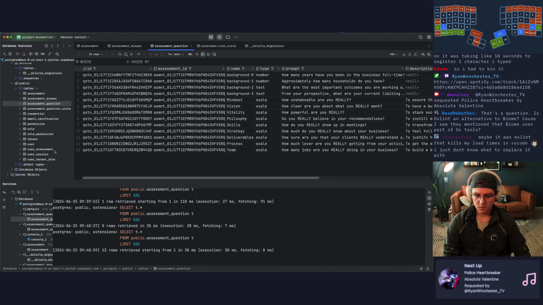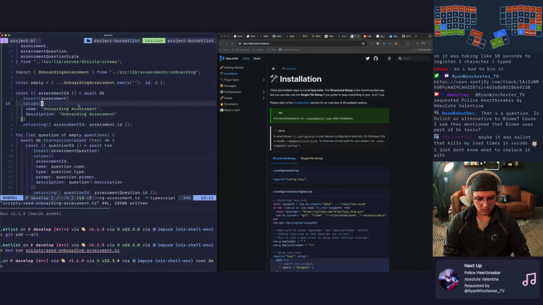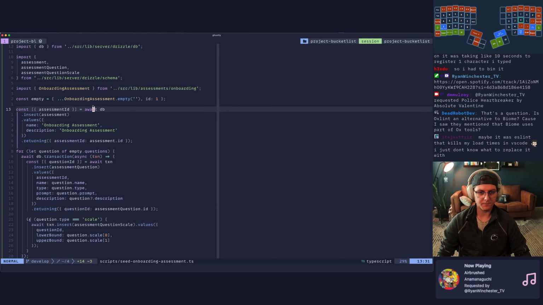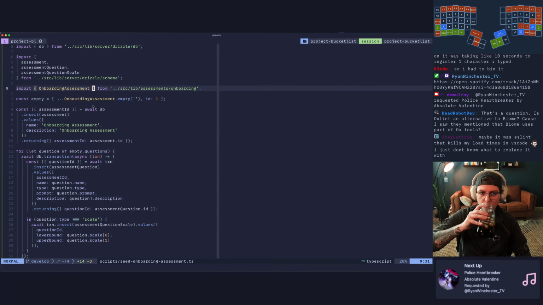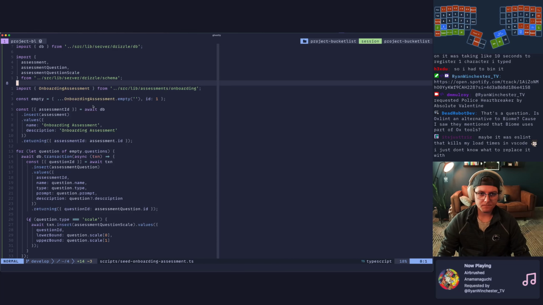Beautiful. We should have our scales. Awesome. All right, that looks good. All right, all the annoying SQL stuff and database stuff is done. So now we can jump back to,